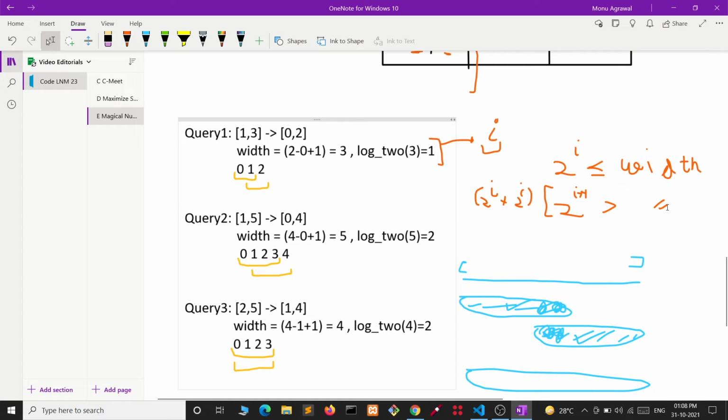We will find the value of K such that 2 to power K is less than or equal to width, and 2 to power K plus 1 is greater than width, and this K will be log 2 of width only.